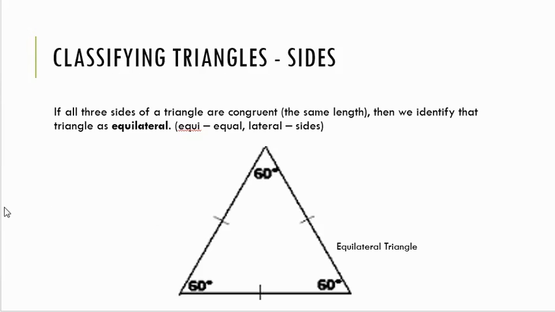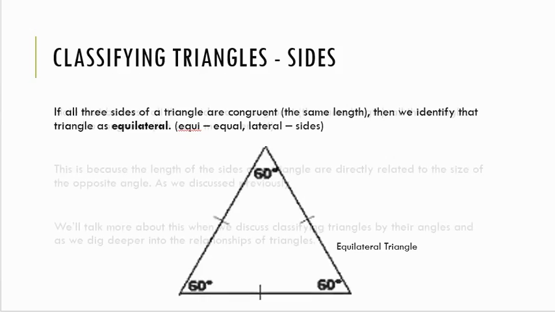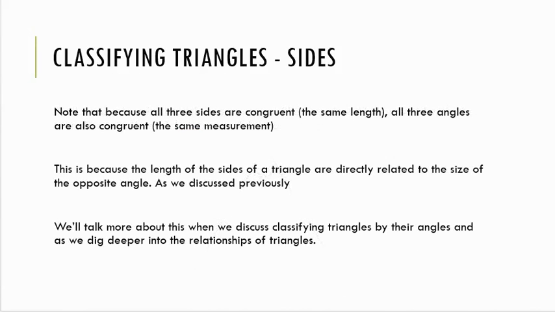This is also what we consider a regular polygon. Something to note is that because all three sides are congruent, so the same length, all three angles are also congruent, so they have the same measurement. This is because the length of the sides of a triangle are directly related to the measure of the opposite angle, as we discussed previously. And we'll talk more about this when we discuss classifying triangles by their angles, and as we dig deeper into